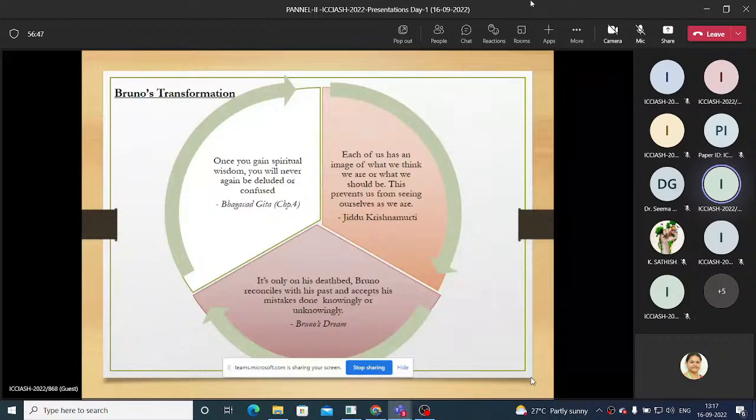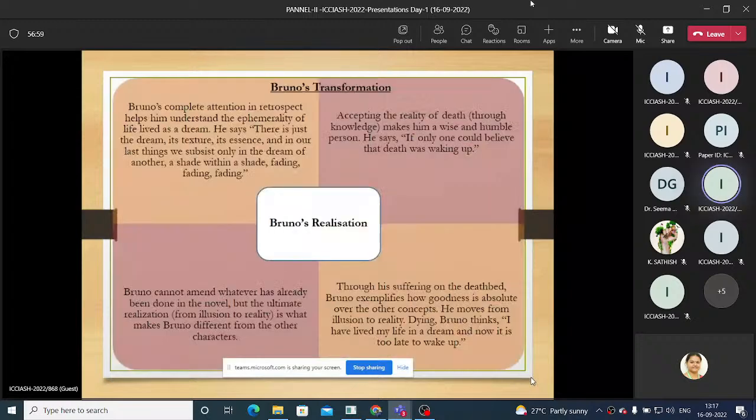So exactly as I mentioned before, it is only on his deathbed that Bruno reconciles with his past and accepts his mistakes, which he had made sometimes knowingly and sometimes unknowingly. And the very important point about Bruno is that Iris Murdoch has made it in such a way that the entire novel is on his deathbed. So he starts to think about what he has done to people and how he could probably rectify them,